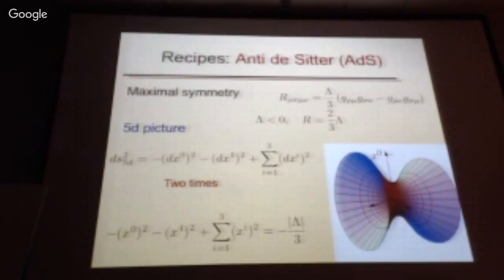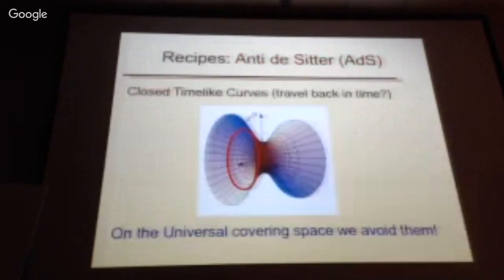And now anti-de Sitter is just this other hyperboloid. So it looks like this. Now the problem with this is that I have the time going along the vertical axis, and I have curves that can go back in time. So I can actually go back and kill my grandfather. Which would be definitely a problem. However, one can manage to unfold this spacetime